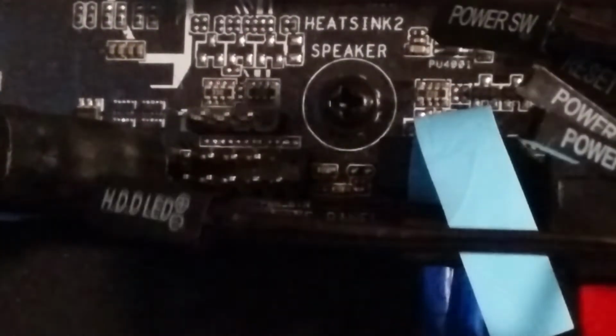Now find the USB 3 cable, this is the thickest of them all, line it up with the USB 3 header and plug it in. Now for the hard part, the power switch, LED, reset switch, and hard drive LED. This can be a bit of a pain, so check your motherboard manual to see how the pesky connectors go